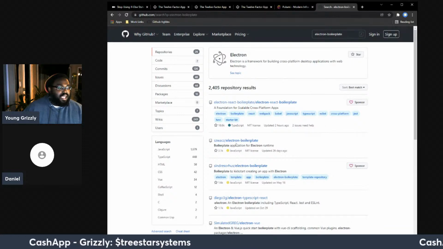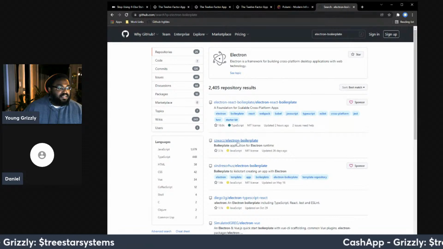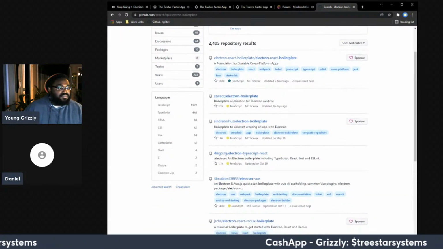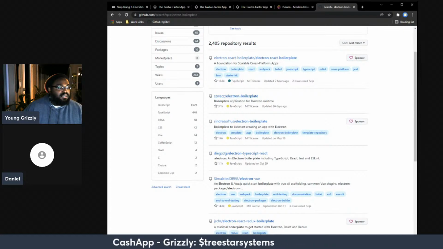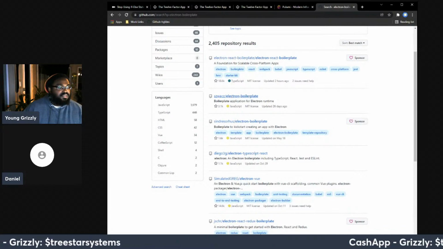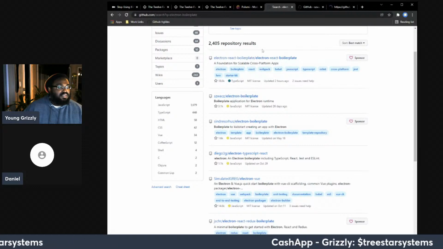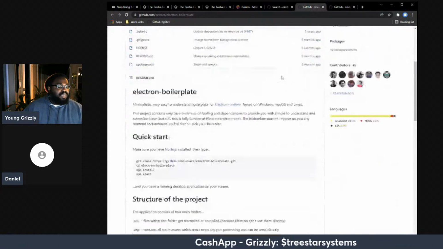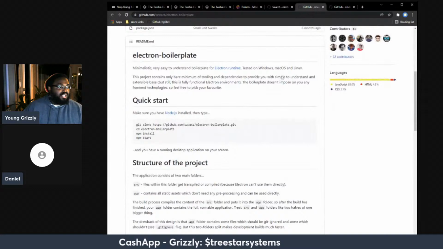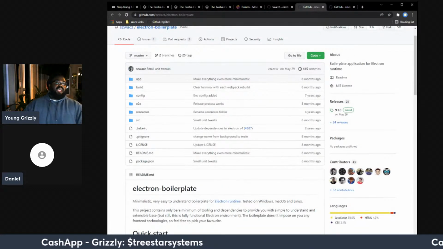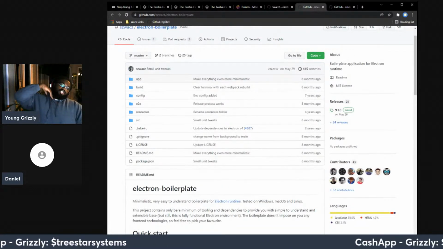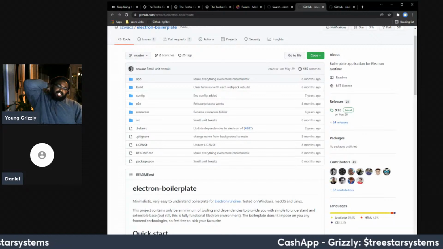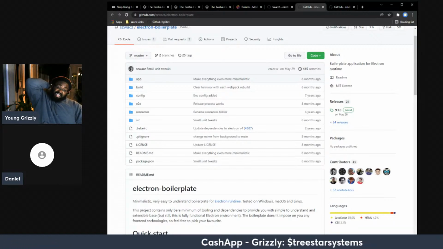There's Electron React. I think this is it. Oh, shoot. Darn it. There's a couple of them. I'll have to find the exact one, but I think it's this one. So I would use this as my base. So it would be a regular Electron app. And then I wrote my code to do what I was talking about, that type of logic. Yeah. If you want that, I'd have to just get it from the repo that it's in.